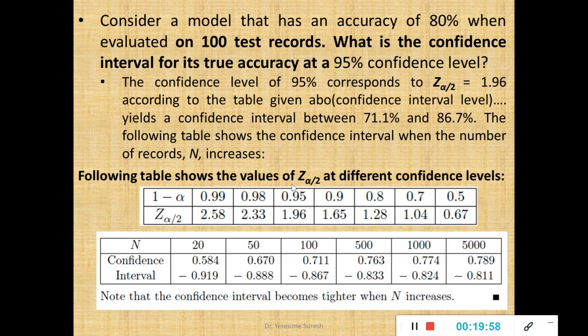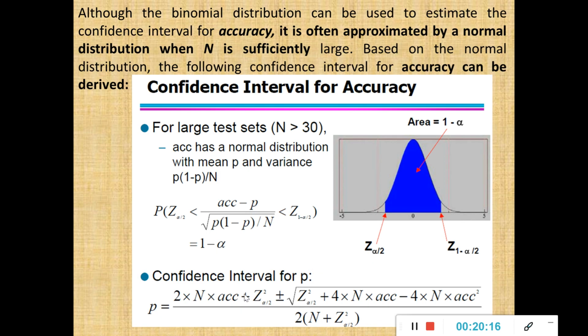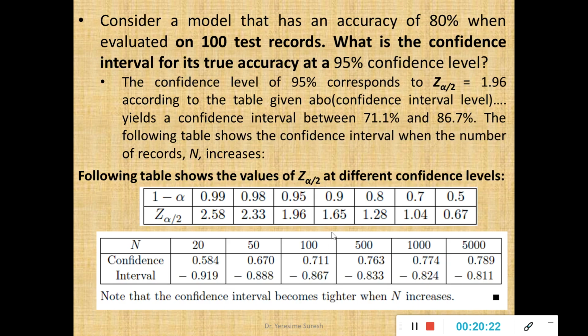If you look at this table, the following table shows the values of Z alpha by 2 at different confidence levels. So 95% confidence level in the sense 0.95. At 0.95 confidence level, for a given model, Z alpha by 2 is 1.96. This Z alpha by 2 value is supposed to be substituted in this equation to find the probability of the given event. We will solve a problem, you need not verify. This table will be given to you in either your internals or the externals. You need not worry about remembering this table.